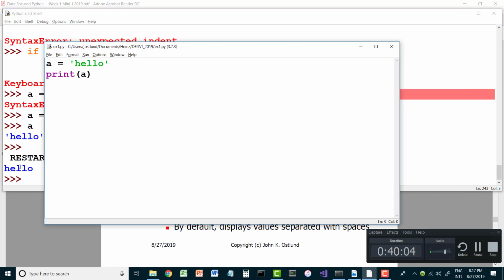And now it makes sense for me to start doing more complicated if decisions. So I can say B gets 123, C gets 27. If B is greater than C, D gets 199. Print D. Okay, so now it makes sense for me to type longer sequences of statements. And when I run this,